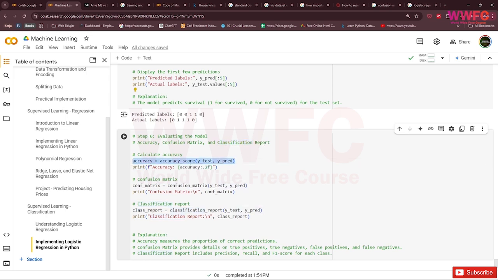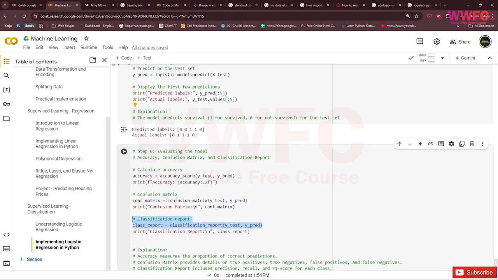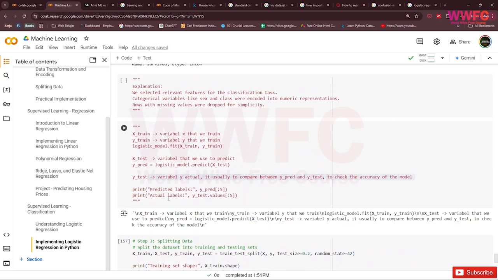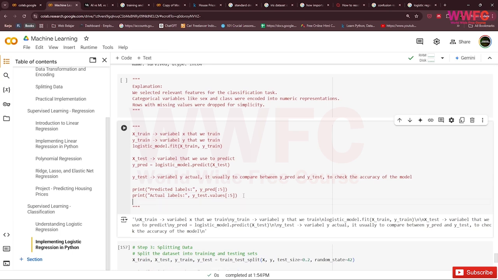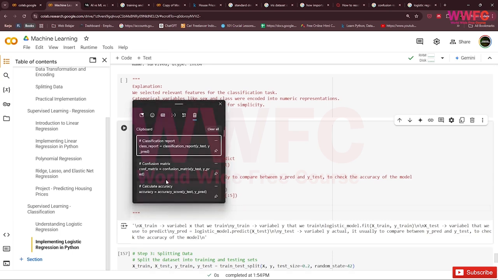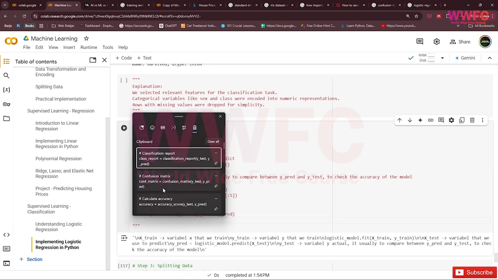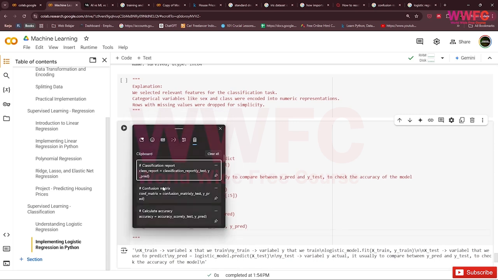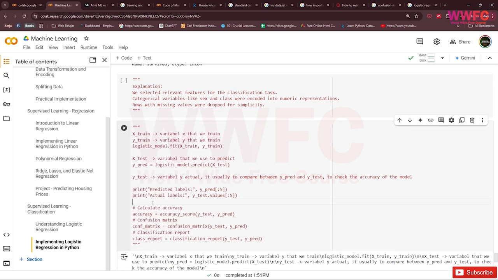Usually y_test and y_pred are always used here to calculate accuracy. So here we calculate accuracy, confusion matrix, and classification report.